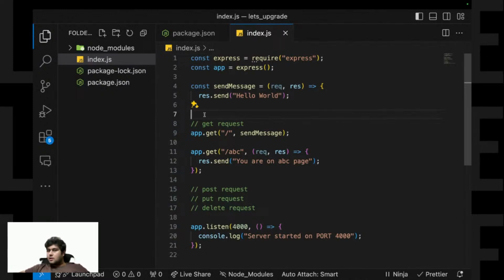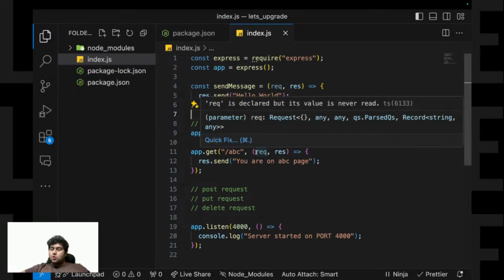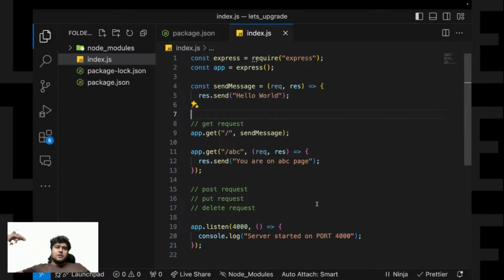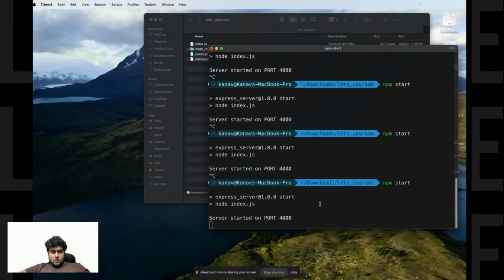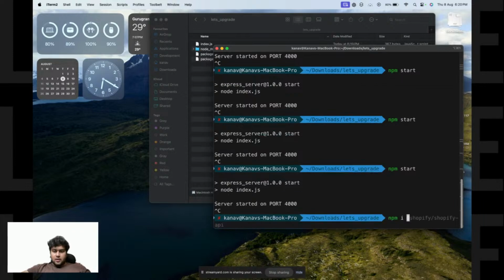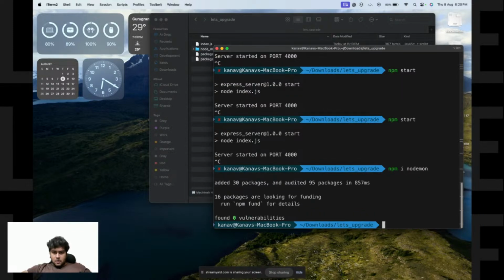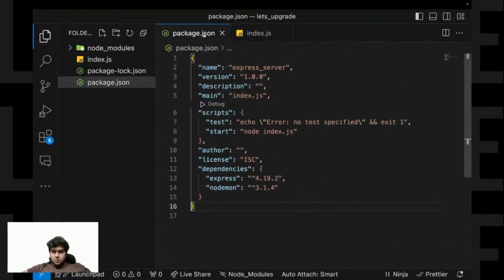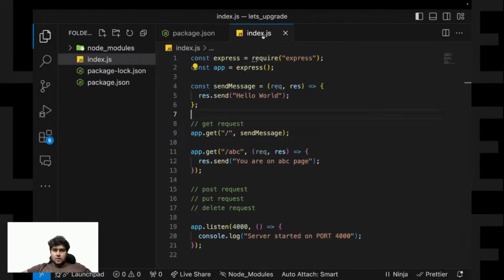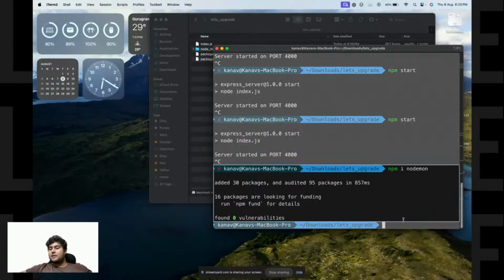Yeah, we can install Nodemon. I was actually explaining Express, that's why I did not go into Nodemon. But yes, you can install it. What Nodemon does is, if you make any changes in the code and save, it automatically restarts the server. It's a very common library called Nodemon. I'll say npm i nodemon. To use it, instead of writing node index.js, I'll write nodemon index.js. Now every time I make any changes, it will automatically restart the server.